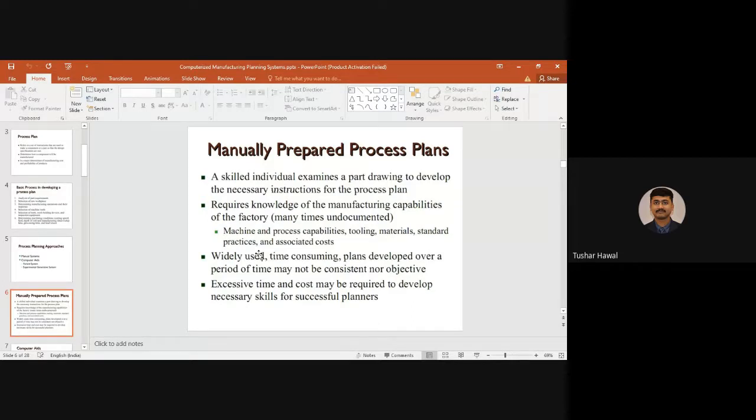Then excessive time was being consumed, and also cost, because to hire that able person, you can imagine what salary you will have to pay to generate the process plan. So it was also cost consuming for the skillful planners. It was not easily done by any normal employee in the factory. You have to have a specialized and skilled employee who can do that, and to have that kind of skilled employee, you need to pay that kind of salary. So that was a high cost activity.